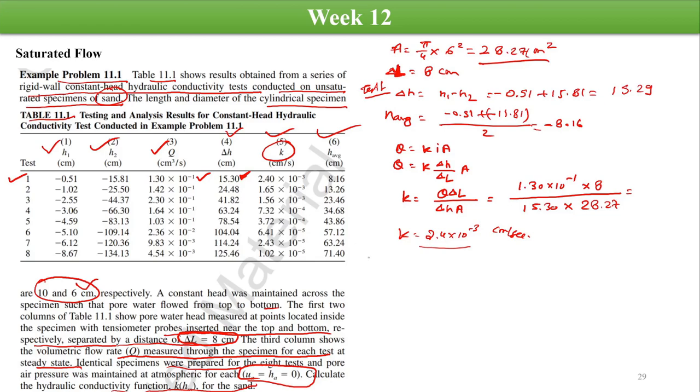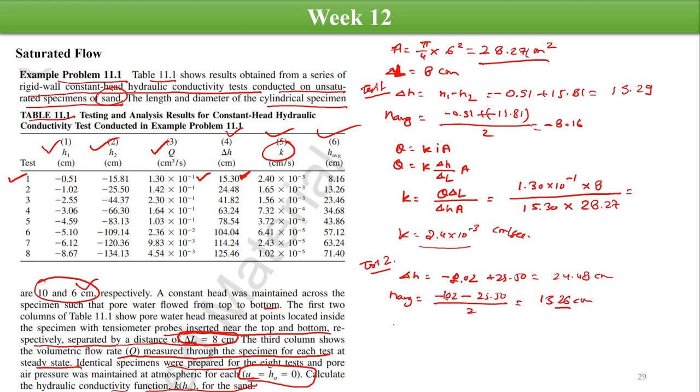Now, the similar thing we can do for other tests also, right? Let's do it for one more test. So test 2. So delta H will be minus 1.02 plus 25.50. That will result in 24.48 centimeter. And here we'll calculate the value of H average. That will be minus 1.02 minus 25.50. It will be divided by 2. So 1.02 plus 25.50, that will be divided by 2. So we'll get 13.26